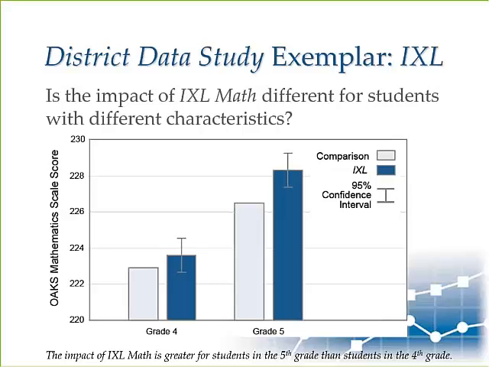So this kind of question and result can help IXL to show with evidence that their product is especially well geared for certain types of students. It's also useful for internal research and development and can guide further refinement of the product so that it can meet the needs of subgroups of students who have not yet received the full benefit of the program. In the case of IXL, in addition to looking at differences in program effectiveness associated with grade, we also examine differences based on gender, ethnicity, disability status, socioeconomic status, English proficiency, and whether a student was classified as talented or gifted.